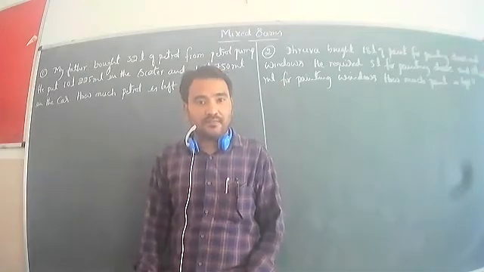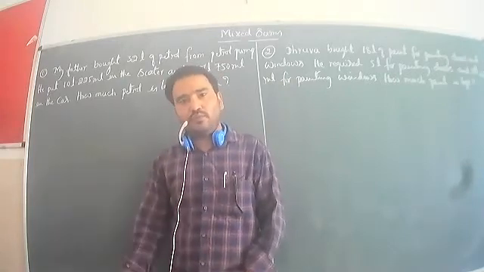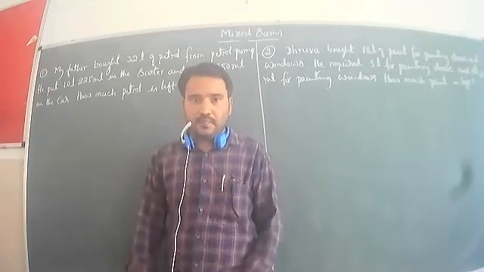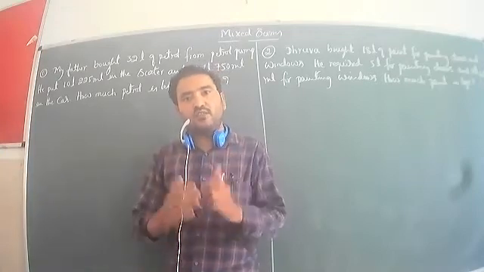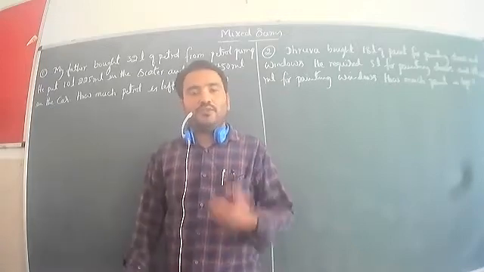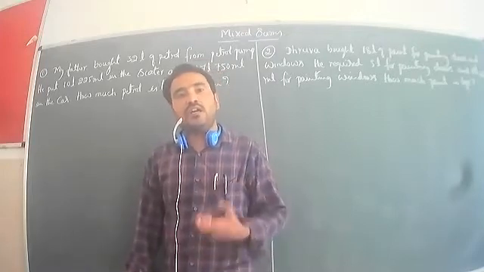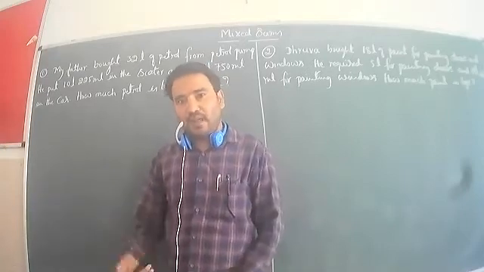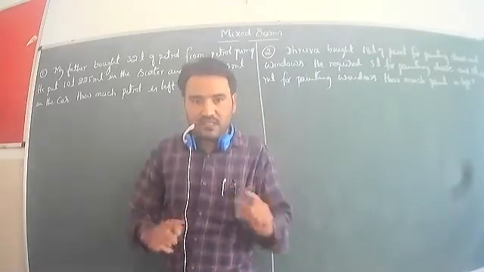Mixed sum means first addition and then subtraction from the total value, and we get the answer. That is called a mixed sum. Here, which contents we can add and which contents have to be subtracted, we have to keep in mind. You have to read the question and understand it. After that, we can find which capacities have been added and which have been subtracted. Keep in mind, in a mixed sum, first addition and then subtraction.